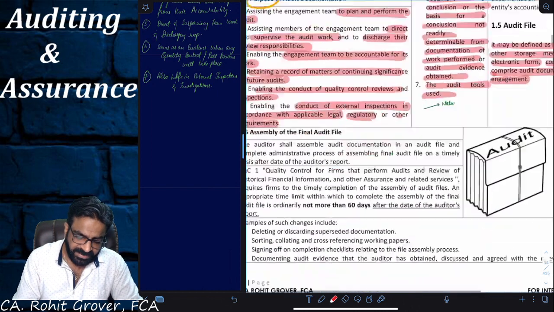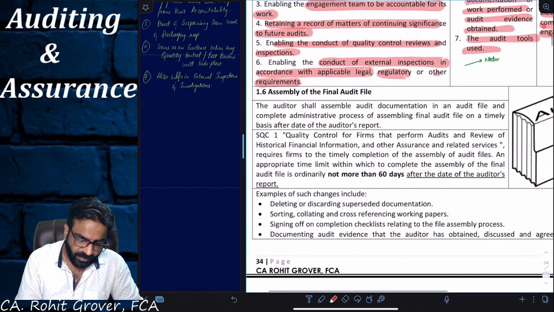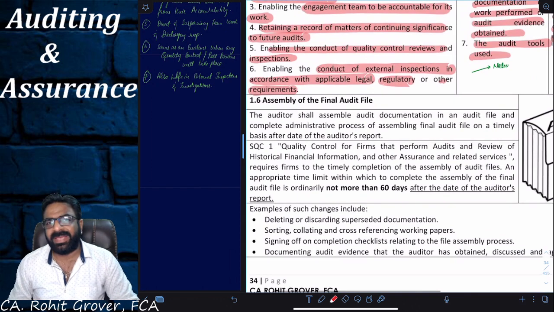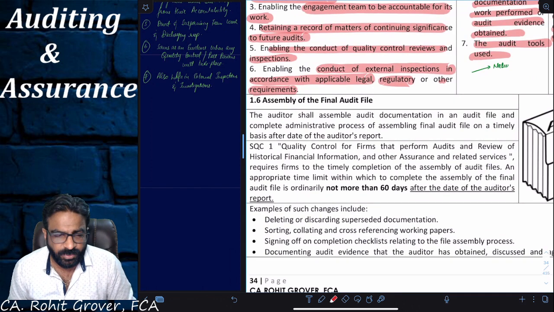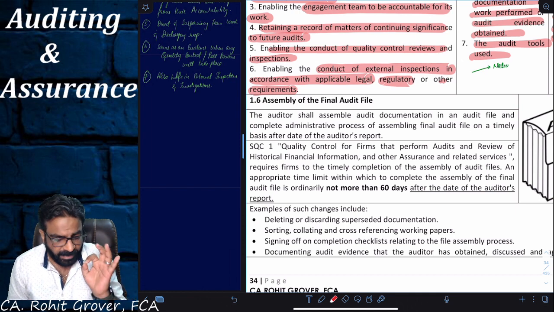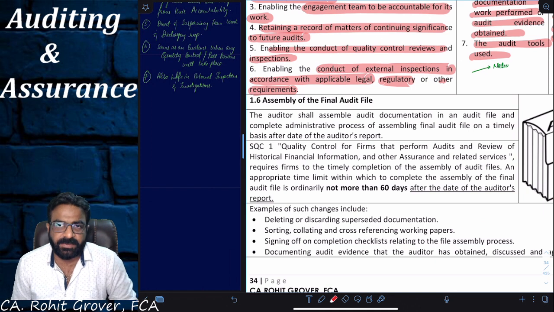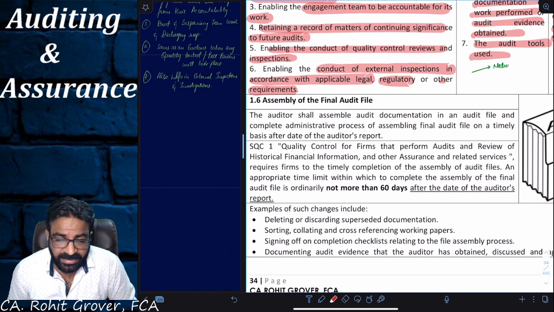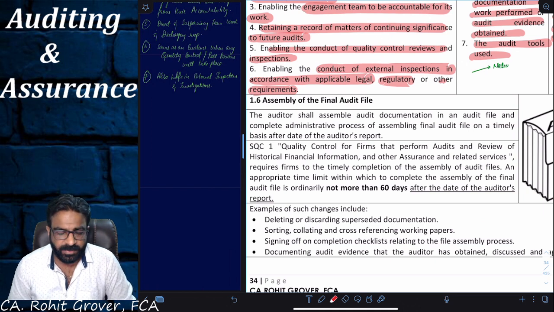Now, there are some rules you have to understand. How many of you remember the standard called SA-220? What is SA-220, everyone? Just remember, if you people can remember the name of the standard. What was SA-220? Ethical requirements. SA-220 was quality control, yes, quality control in the audit of financial statements. Remember one thing,